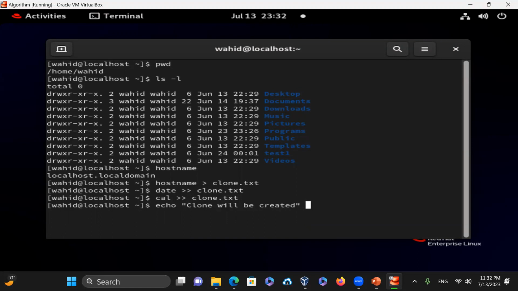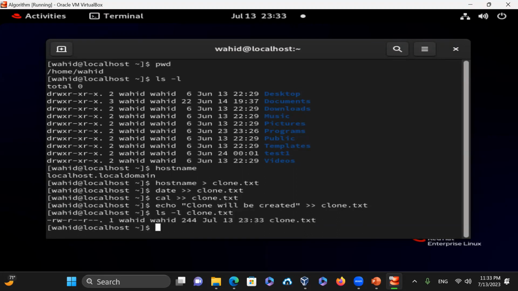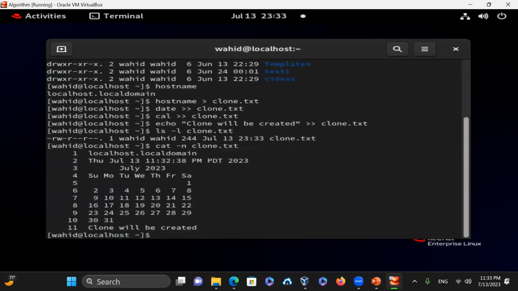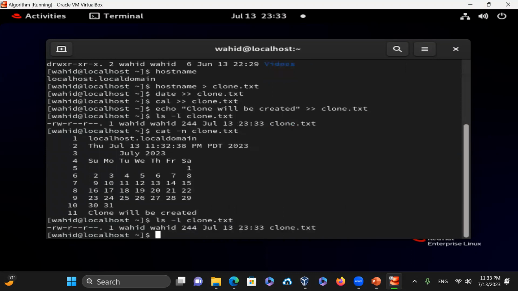You could say whatever you want, and then double greater sign, clone.txt. So now clone.txt has that content, and then if I just say cat -n clone.txt, you can see I did create that file, and clone.txt, the timestamp is as of